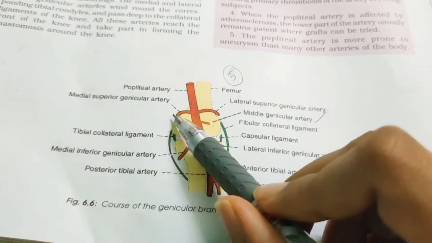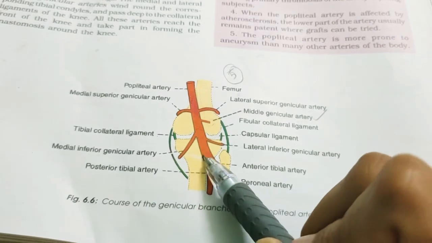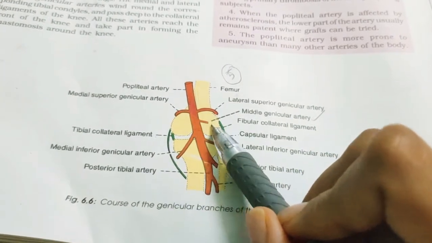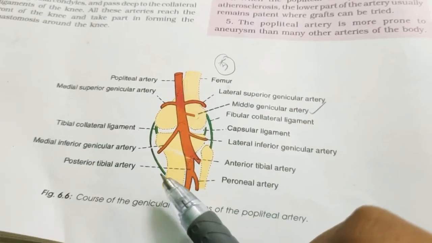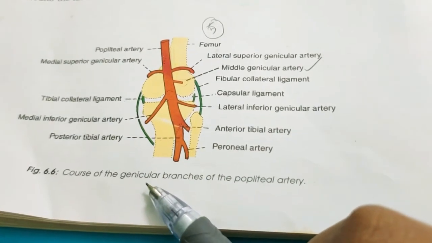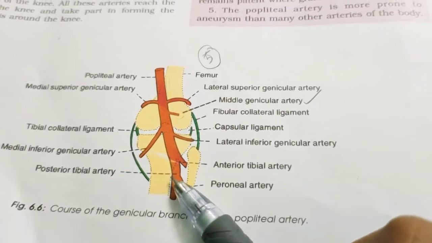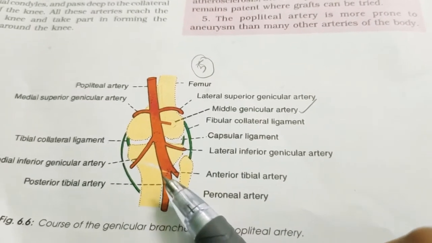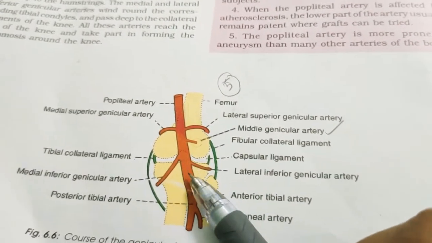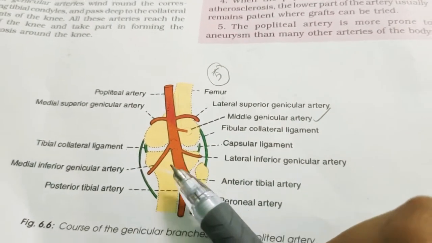So all these arteries reach the front of the knee and take part in forming anastomosis around the knee. So you can see like this, they are forming anastomosis around the knee. So this is the course of genicular branches of the popliteal artery. Actually, there are also some variations, like the popliteal artery may divide into terminal branches above the level of